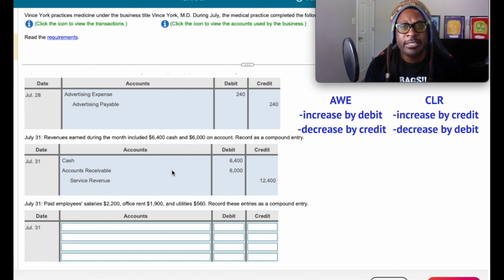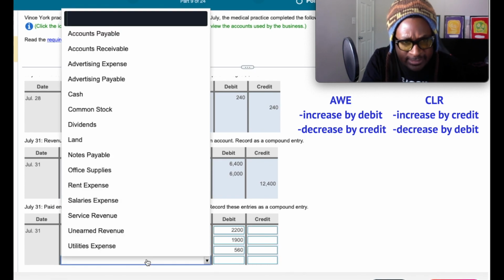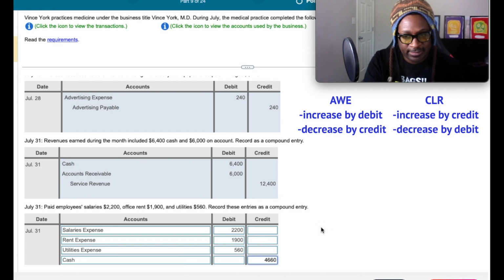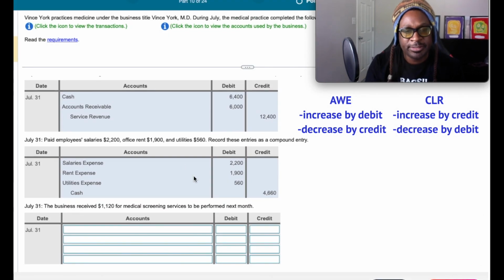Now, the other key word was paid. We know right now, at this point in time, anytime the description says the company paid, we always credit cash. Cash being an asset, therefore, we have to credit it because it's in the all gain. So, our compound credit to cash would be the total amount of all of those, $4,660. We're going to check our answer. Money in the bank, gang. Moving on. The business received